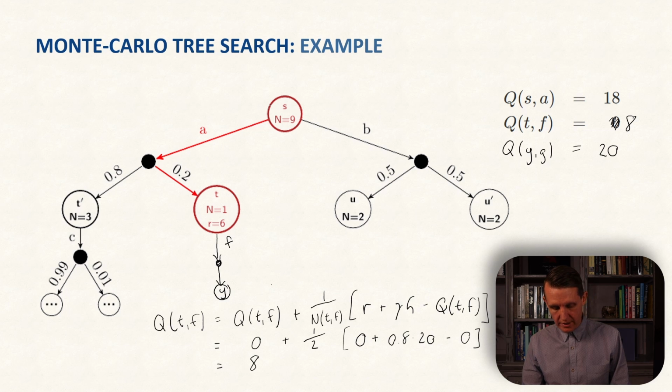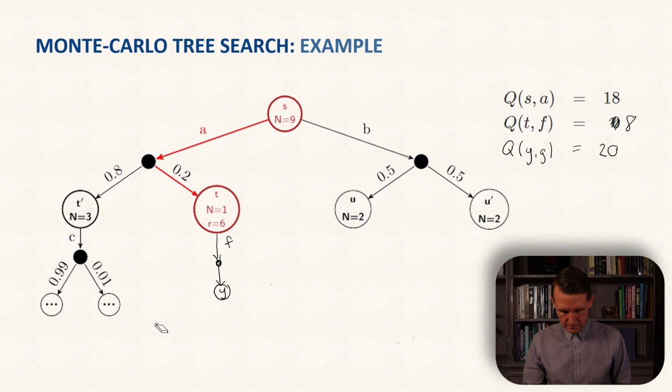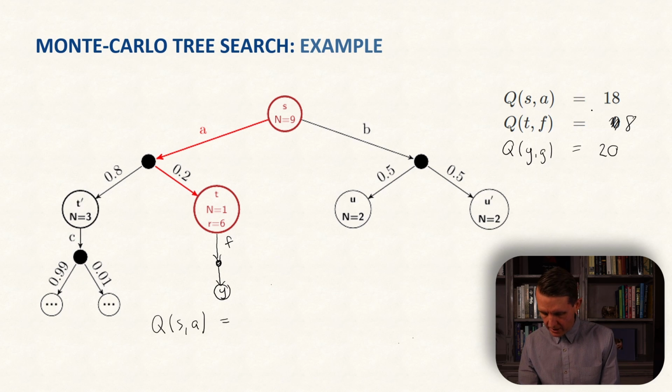And finally, we have to do state S. What we need to calculate in this final step then is Q S of A, because A was the action that we selected in our selection step. I'm not going to write out the entire formula again here, I'm just going to fill in the details, and you can look at the notes if you really need to refer to them. But Q of S of A is going to be equal to the old value of Q S of A, which if we look up in our Q table over here is 18,